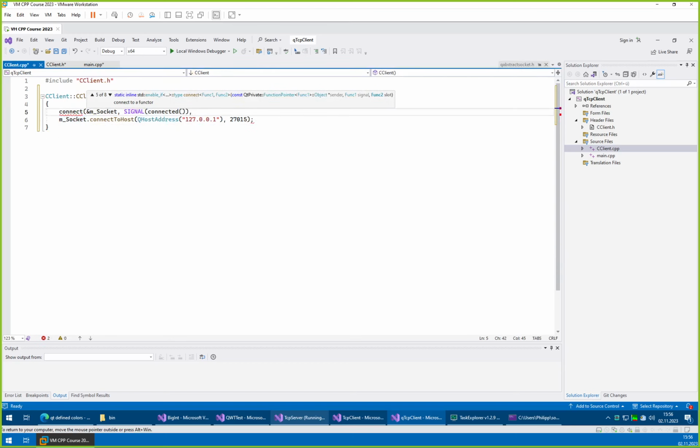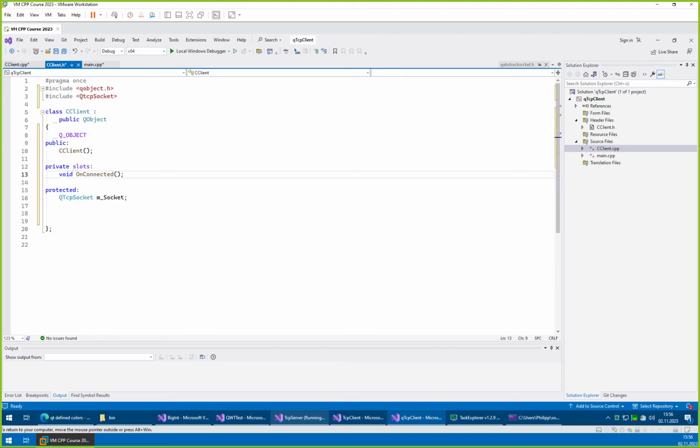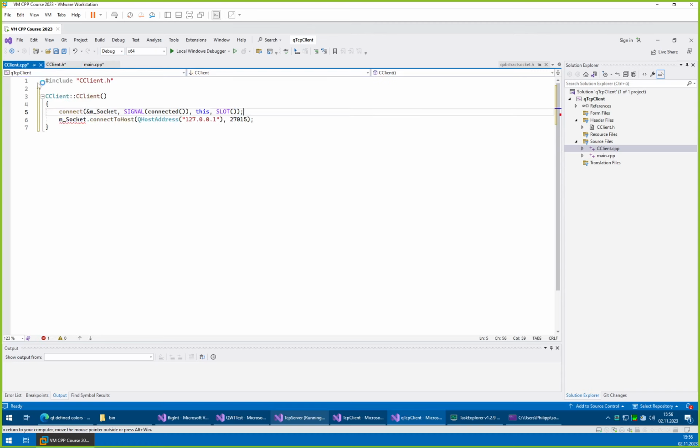Connected, comma, with this, comma, slot onConnected. The name for the signal must always be the right one as defined on the object which is sending the signal, but the name for the slot on our own object we can pick a name and then we just need to stick to it. Okay, so here once we have the connection we will write to the socket our test string,